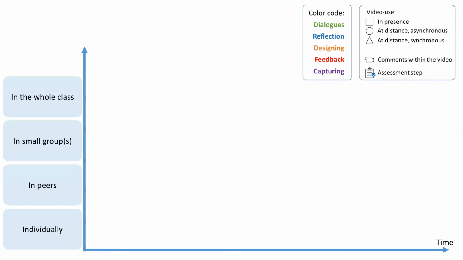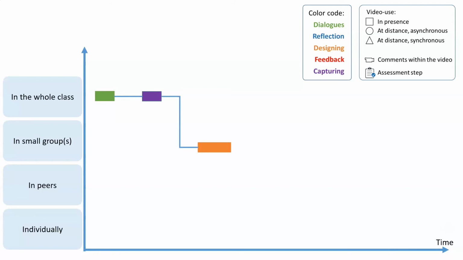If we then refer to the second experiment driven by SFIVET with nurse students, this is even simpler in the graphical representation, because we started with the whole class discussing the professional practice, the professional procedure. Then the capturing was done again in the whole class. It's true that it was a simulated practice, and that in the simulation only 3 students were directly involved with the mannequin, but all the class participated in this capturing and all the others had the role of observers.